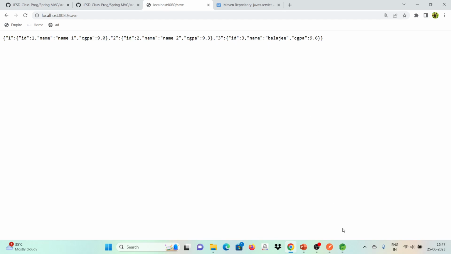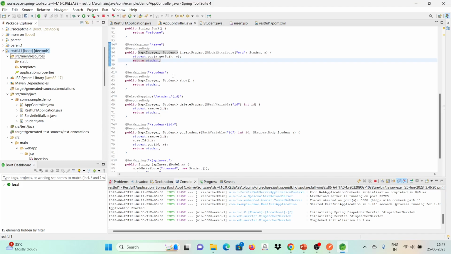Now what we will do, we will go back to our IDE. The thing is, I'm displaying the student map in the browser directly from the controller. Instead of that, I need to take it to the JSP page. After inserting, I need to take it to the JSP page, and in the JSP page, I would like to print the student value, that means the student map. For that purpose, once again, we need to have